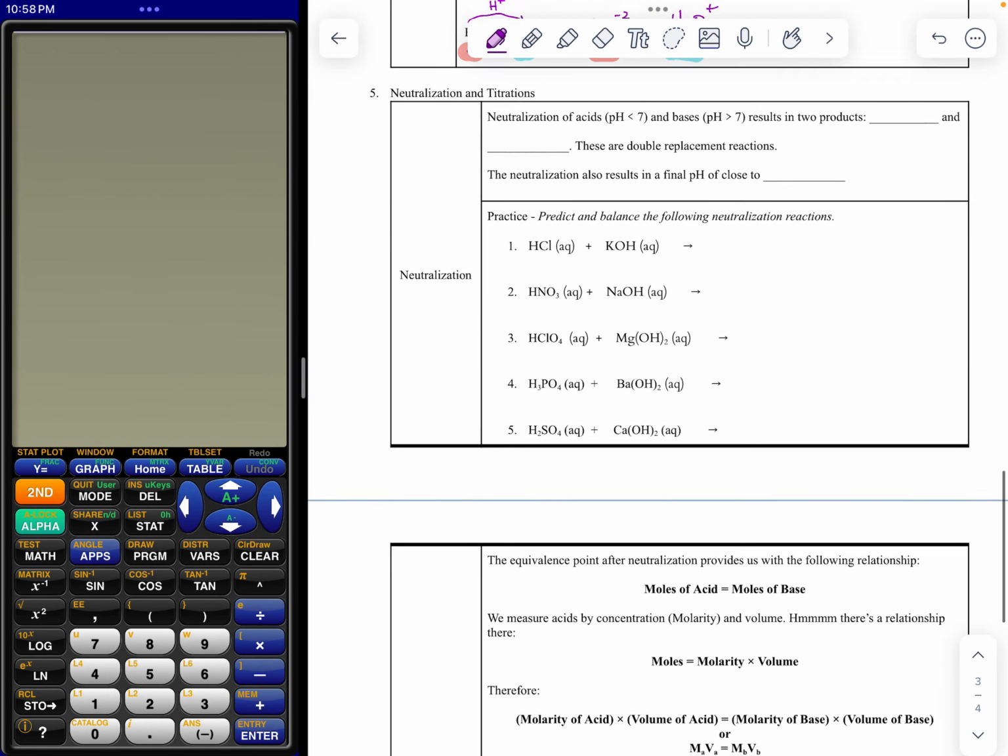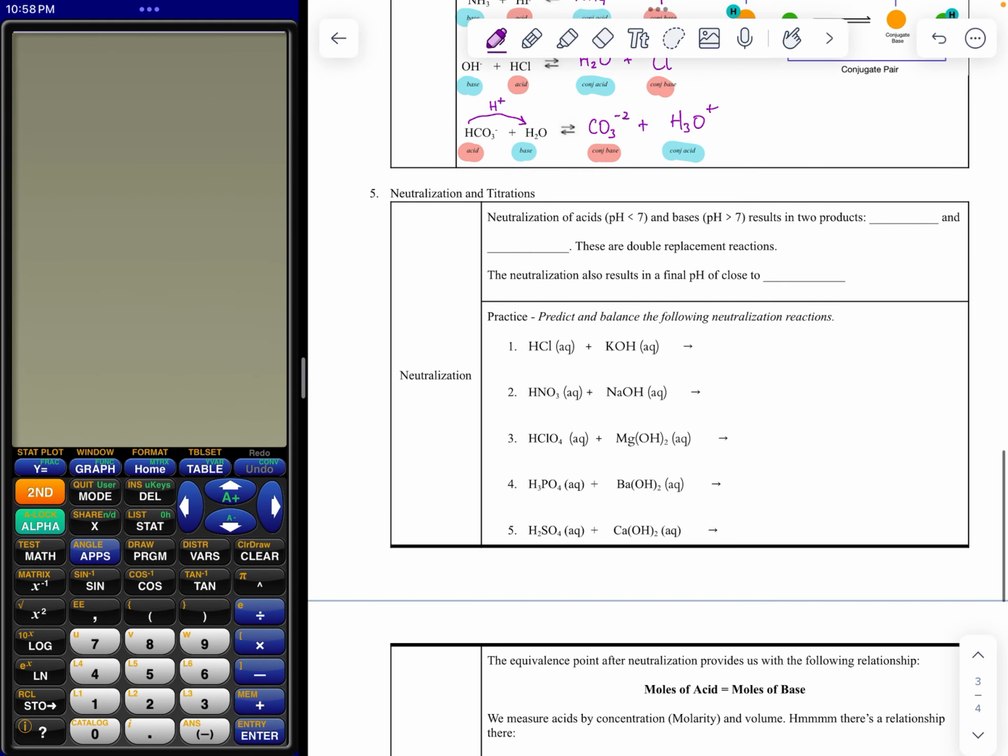All right, so what I did was I ended up just cropping the other video just to split this up into 3 parts instead of 2, so it made it a little bit more manageable. So this part's just going to be about the neutralization reactions and titrations. So we're actually going to do titrations in class and kind of work with this idea of neutralizing acids with